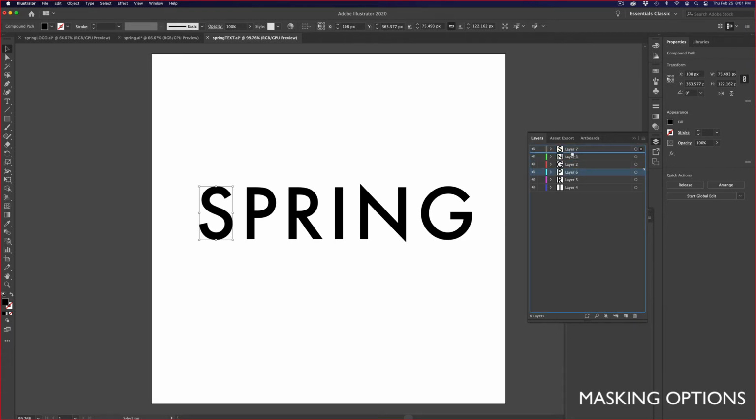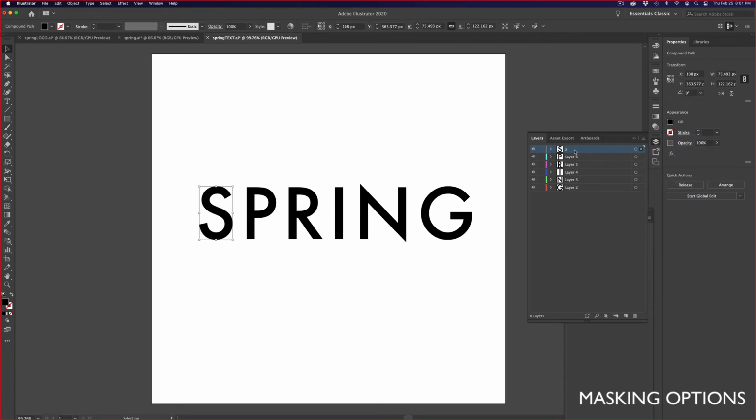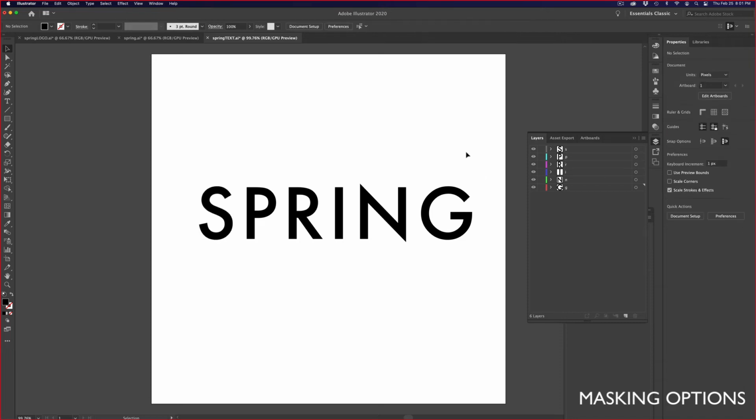Now this might seem like a lot of work, but being somebody that's had to separate the letters of much longer words by hand, Release to Layers Sequence is an awesome shortcut. I'm just going to go in and rename these to be the letters themselves, just because then when I'm playing around in 3D, it will be much more clear which thing I'm working with. Okay, so I have my individual layers that are named and in the right order, though honestly the order is really important to us, not the computer. I'm going to save my file,